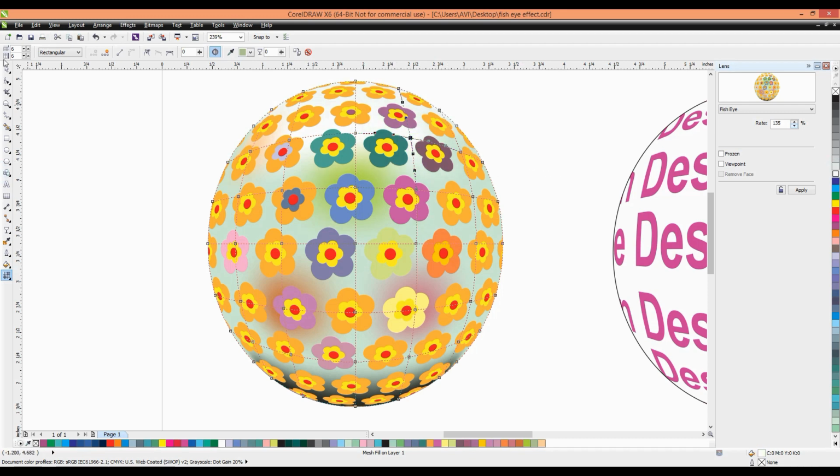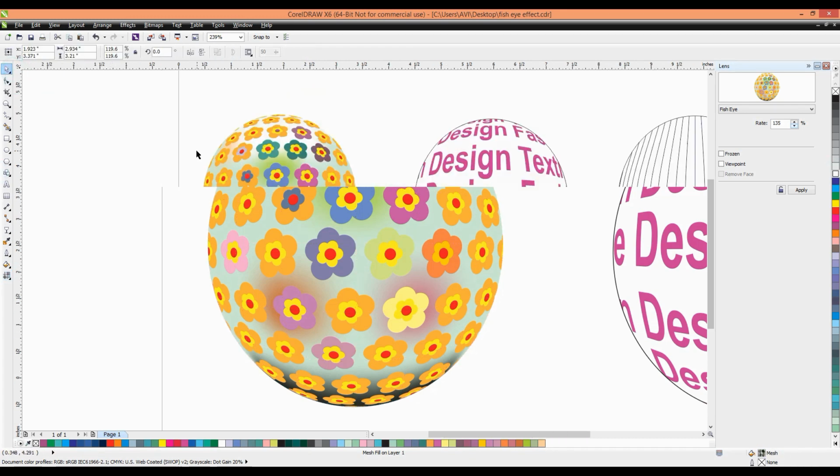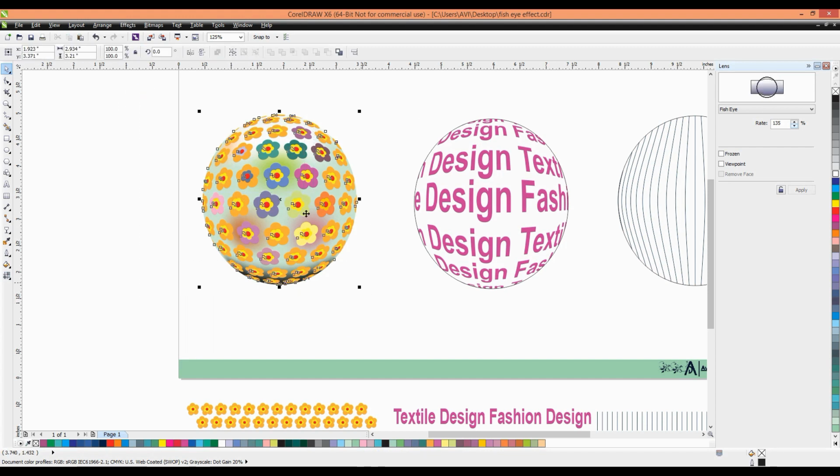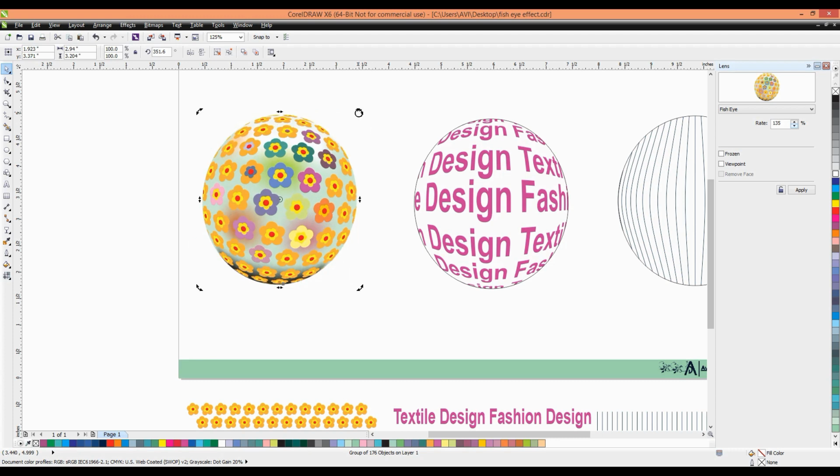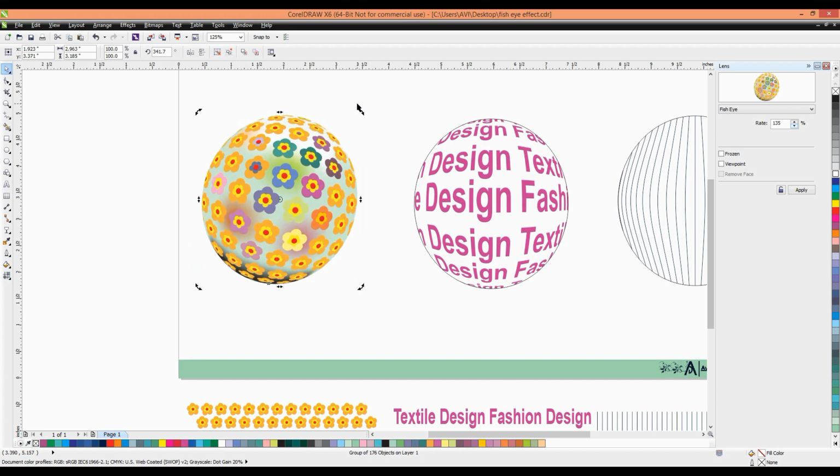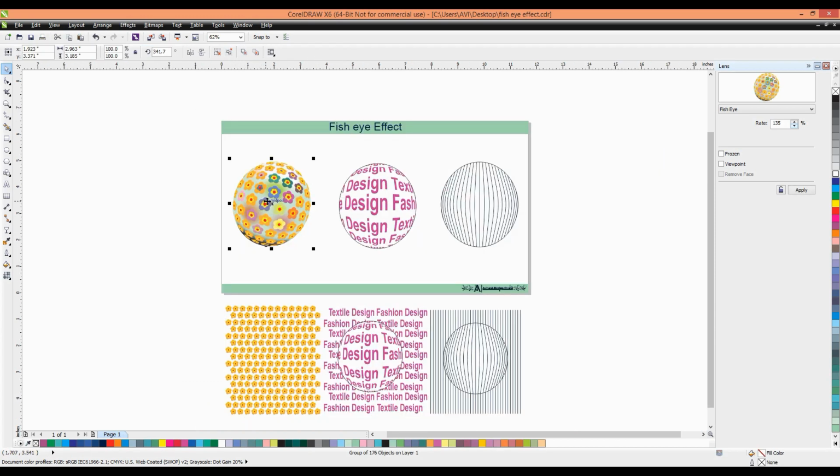Or we can select the whole circle, press Ctrl G to group all the items, and now we can move it down. So it looks like lighter shades, and the downside is a darker shade. You can also make a perfect shading, and we can do something more.